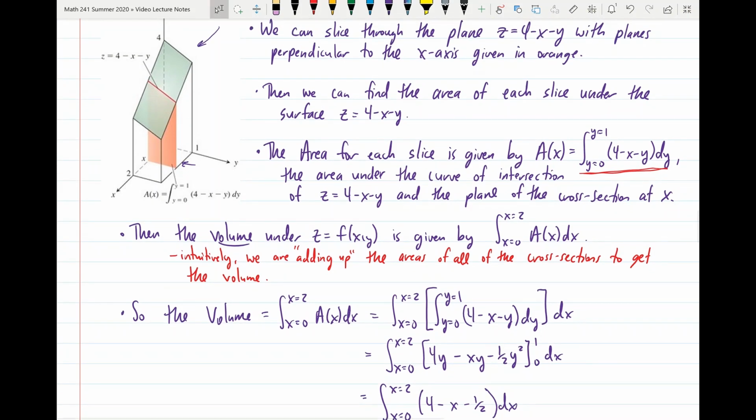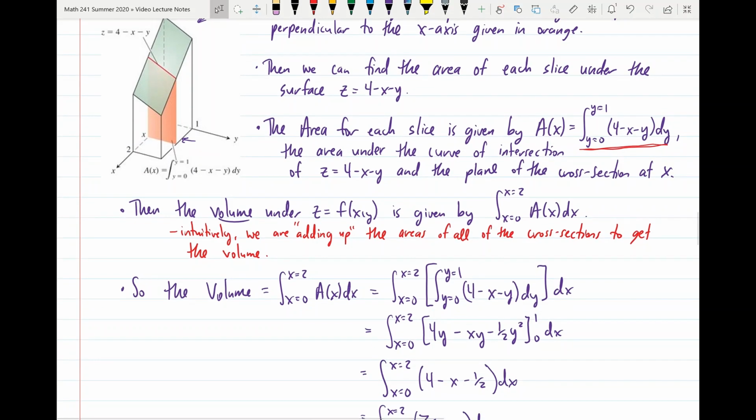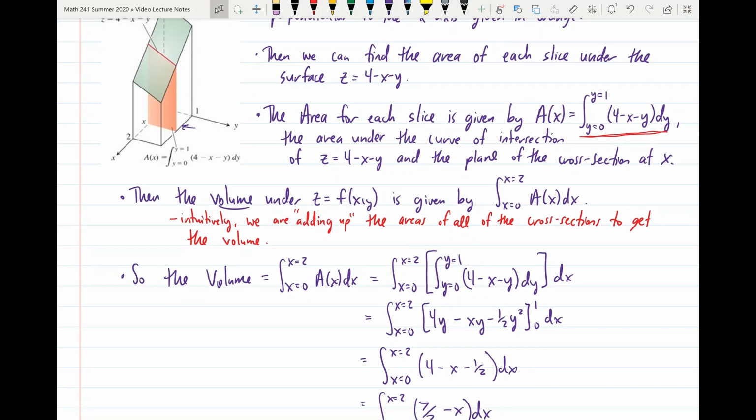Intuitively, we take cross sections perpendicular to the x-axis, slice them through our surface, and that allows us to find the area underneath the surface inside of each cross section. And when we take the integral from x equals 0 to x equals 2 of all of these different areas, we are adding up the areas of these cross sections